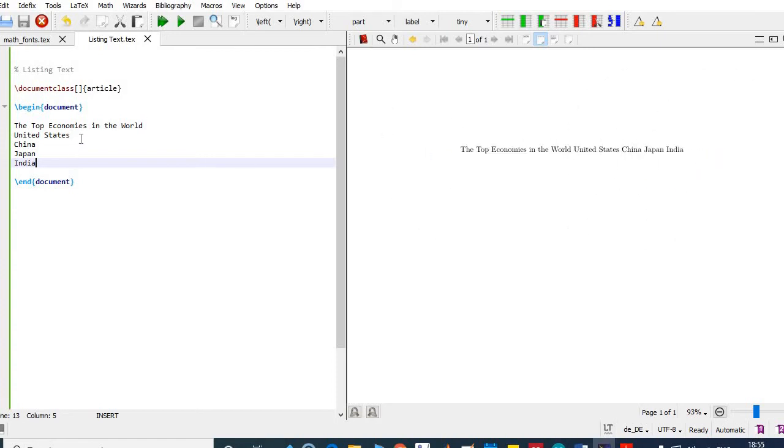But if I want to make each country appear on a different new line, I have to use a double backslash at the end of each to make it into a new line. And now you execute this one. Yes, it is